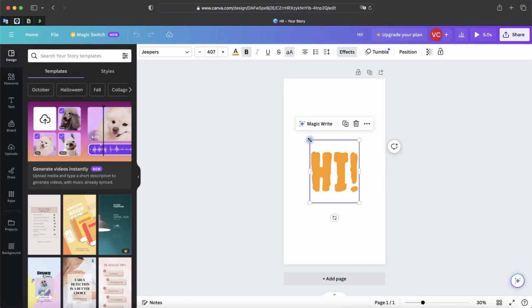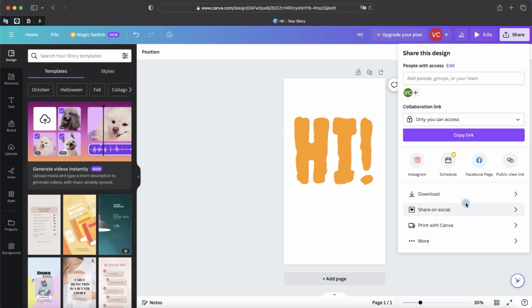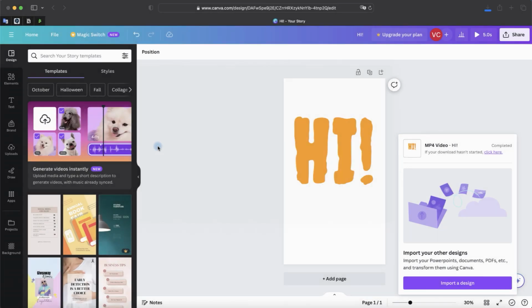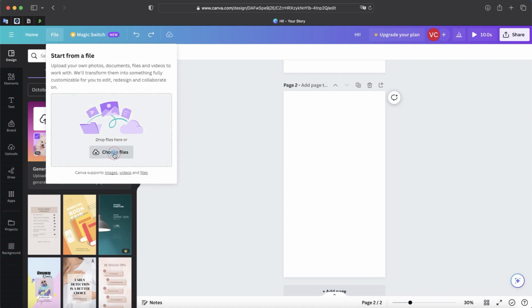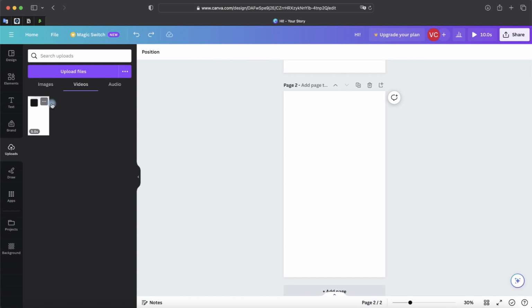Let's zoom in on the text. Now let's try and save the file. Click upload and we see that the file will be saved in video format as a video file. I click save the file, and now let's open it, add a new page. Next I select file, input file, select file and select our video file. Here we have this nice looking video file on this screen.